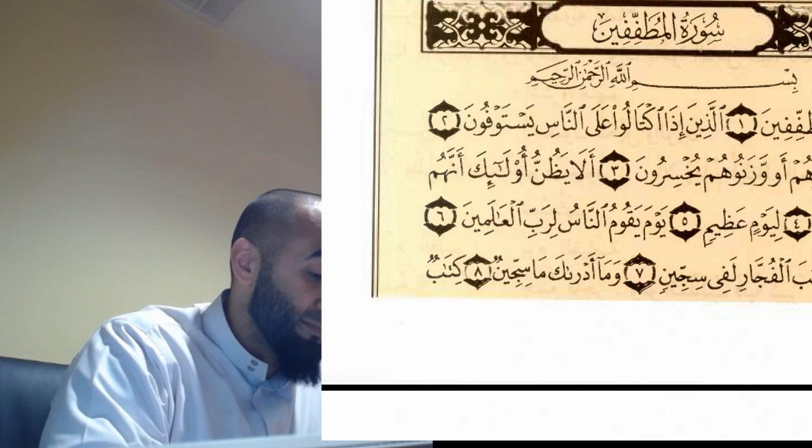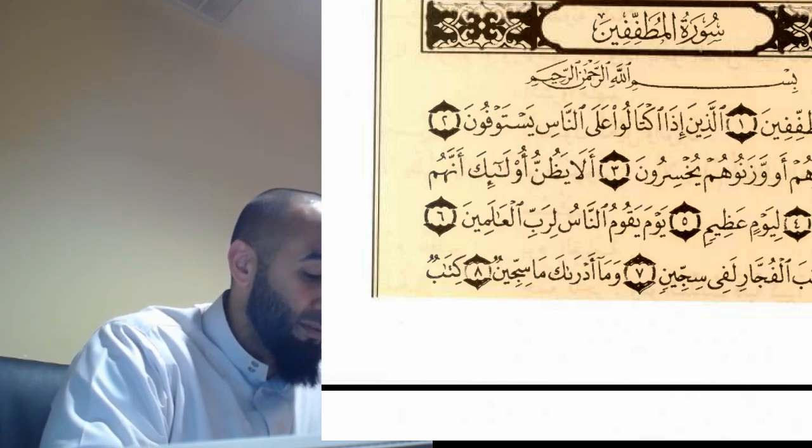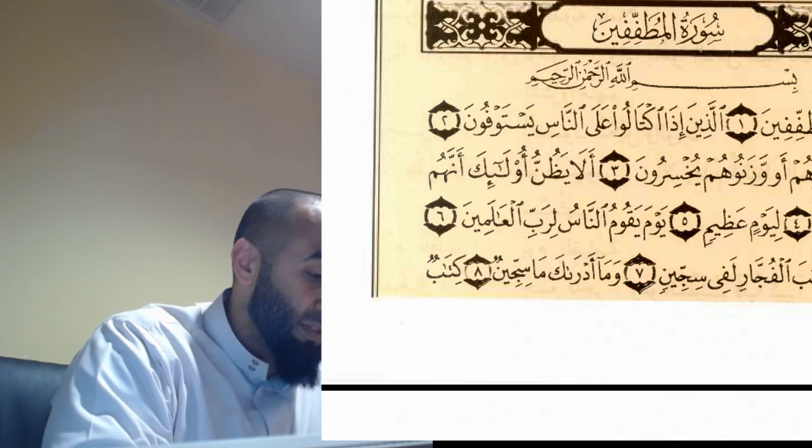This is from Durus min al-Quran al-Karim. What page? Oh no, you don't have this. Line up. You don't have this. Really? So this is